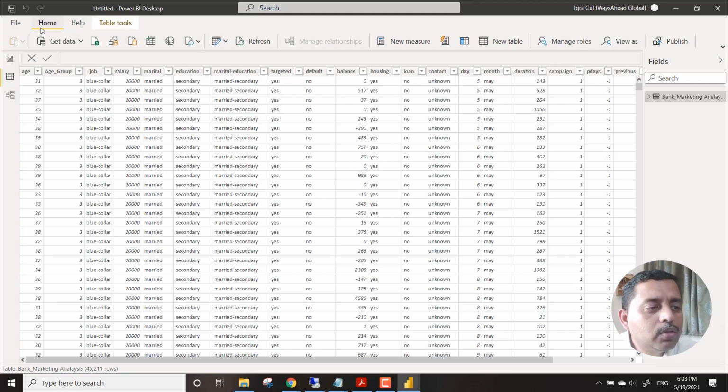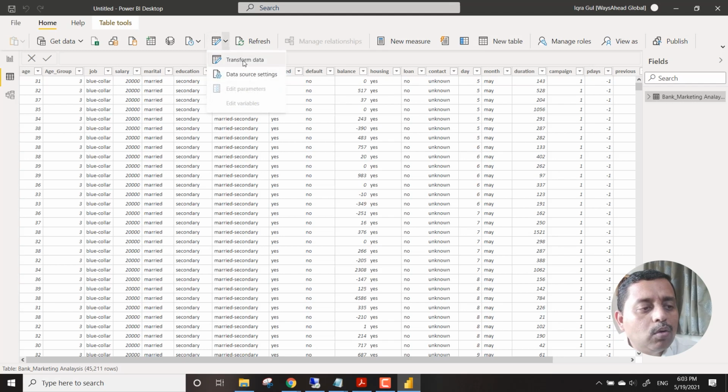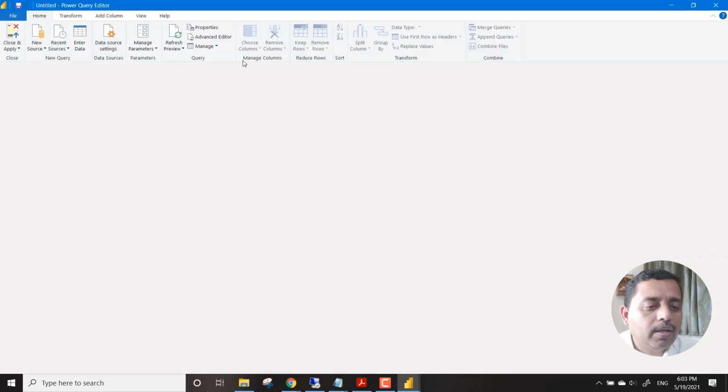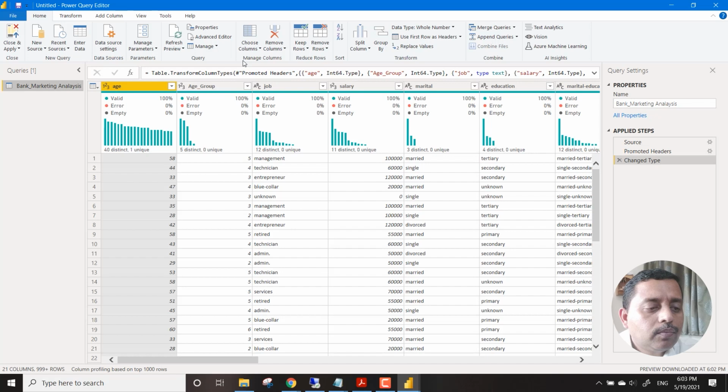So we go to Home and then to this option called Transform Data. What Transform Data does is it takes you to a stage where you can do all the changes and updates right in the data.